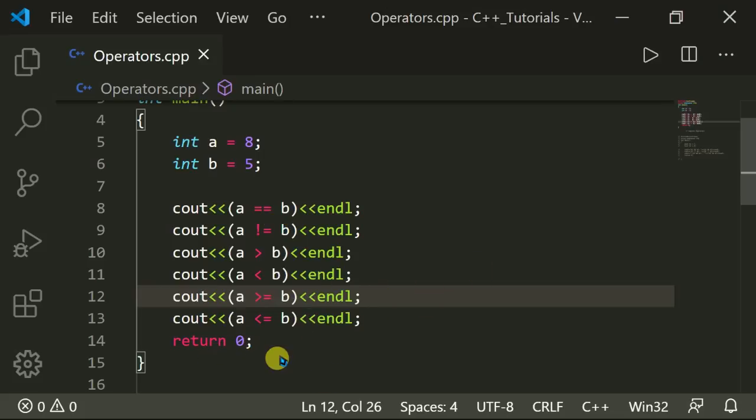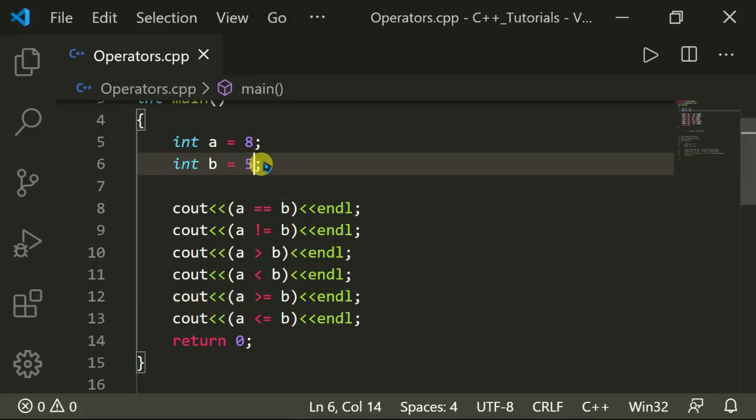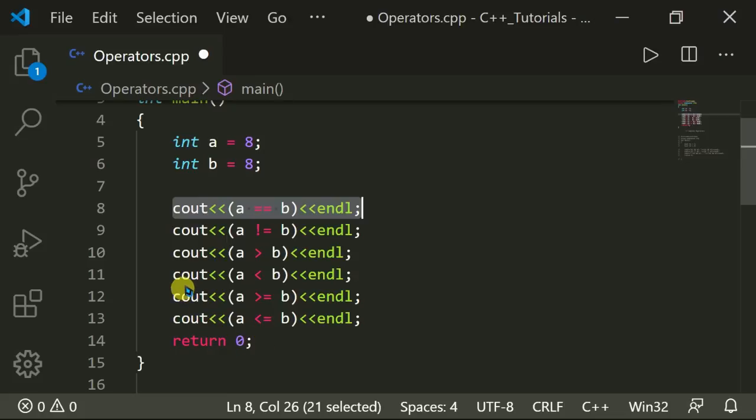And cout a is less than or equal to b: in this case a is neither equal to nor less than b. If I change it to also 8, now this statement will be true and also this will be true, and all others will be false.